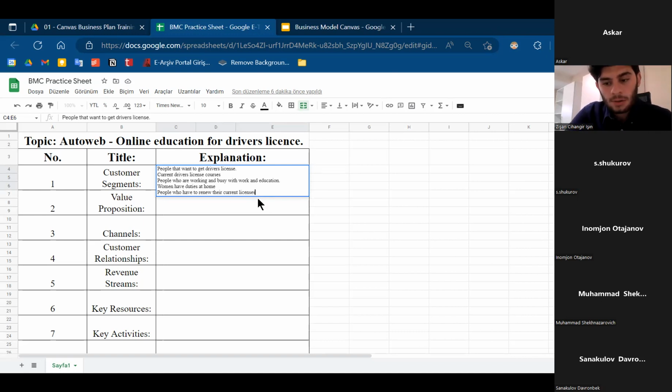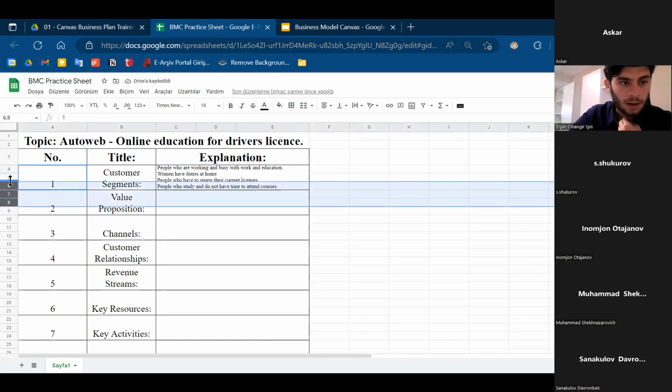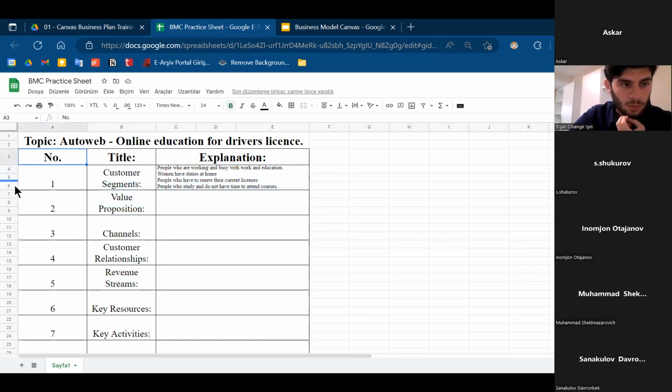Okay, anybody else that I haven't written down, that could be said as your customer segment? Students, maybe. People who study. Yeah, people who study courses. Maybe I can't say that that's all, but those are the main customers of our company. Okay, this is pretty much enough and pretty detailed, in a good way. Thank you.